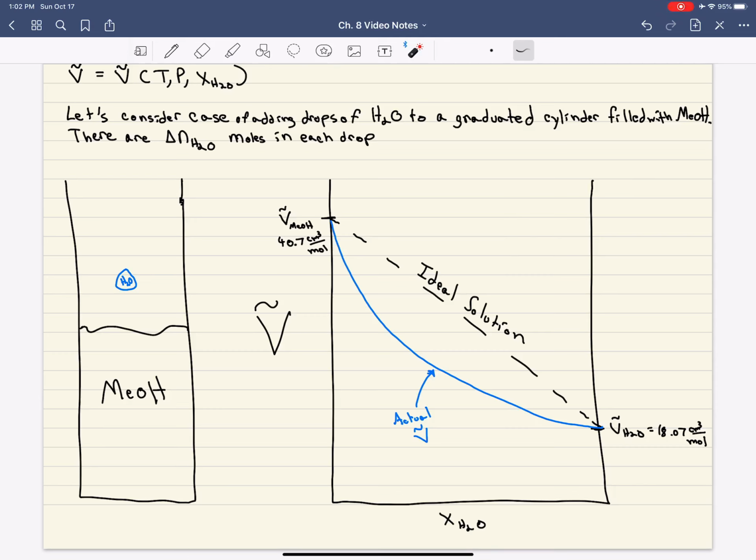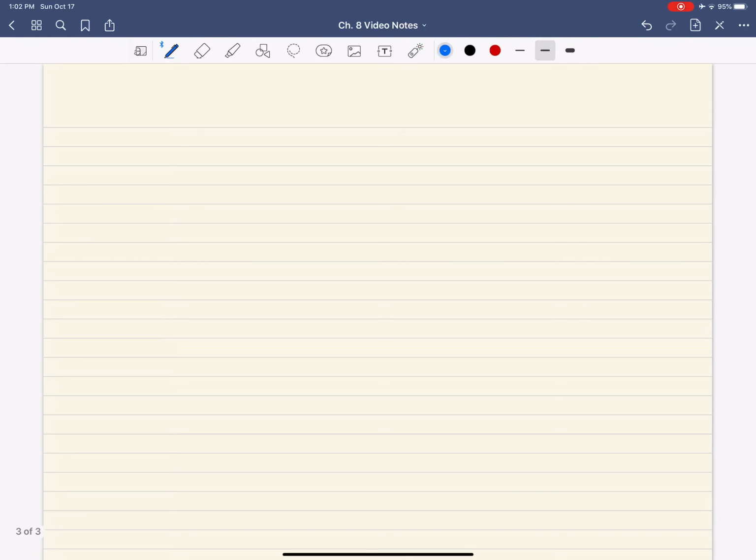So the actual molar volume of the methanol-water mixture is lower than what you would expect from the ideal solution. Okay? And the reason for that ties back to what we talked about when I first introduced the concept of ideal solutions. Water and methanol are not the same molecule, right? First of all, they have different interactions going on, and also their molar volumes are very different from one another. The molecules have different sizes. And so due to this combination,